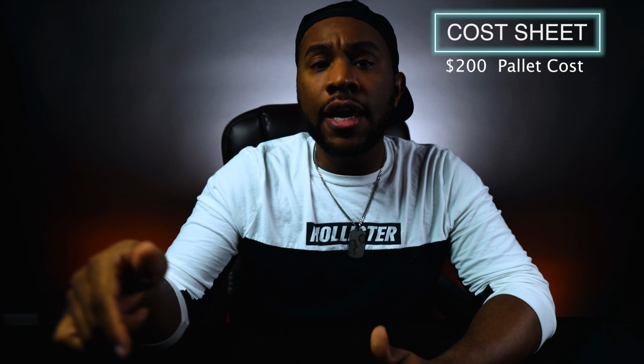So I'm going to give you a little cost sheet of how we actually calculate that. All right, so put it up here. What we do is we take the amount that we purchased the pallet for, all in. That's the purchase of the pallet, the taxes, the shipping, or how much it costs for me to pick the items up: gas, renting a truck, all those different things. You get that amount and you put that up there, and then you're going to divide it